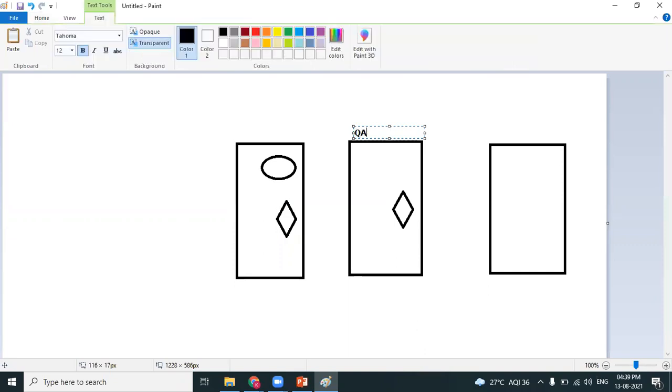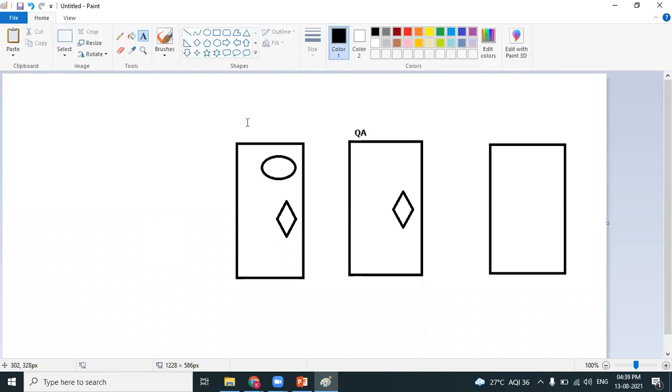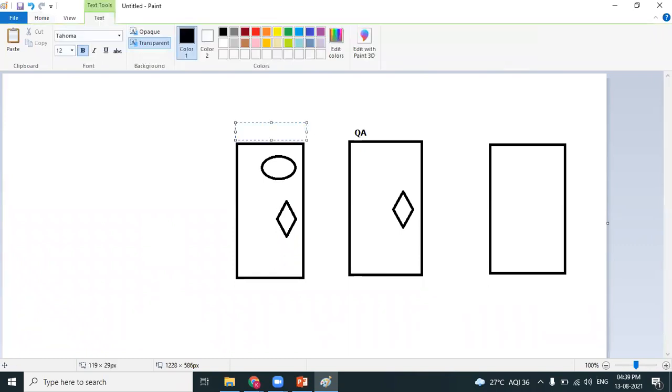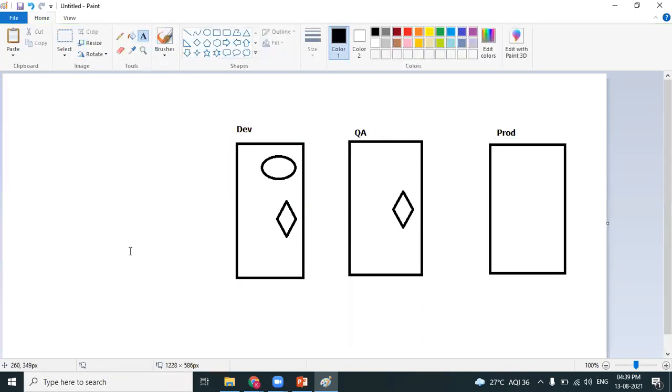Now our project is up and running in the QA environment. Yes, you are right. Now we run the test script from dev server to QA, right? To test the artifact.